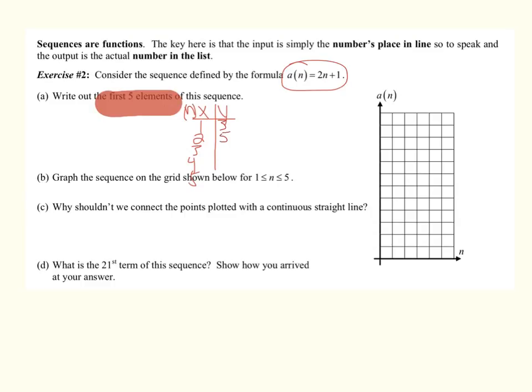3 times 2 is 6, plus 1 is 7. 4 times 2 is 8, plus 1 is 9. 5 times 2 is 10, plus 1 is 11. One of the things that I want you to really pay attention to,